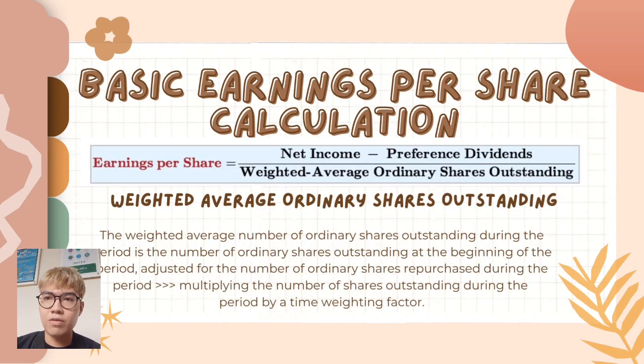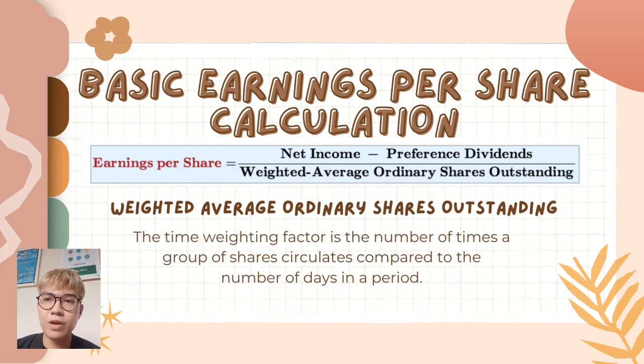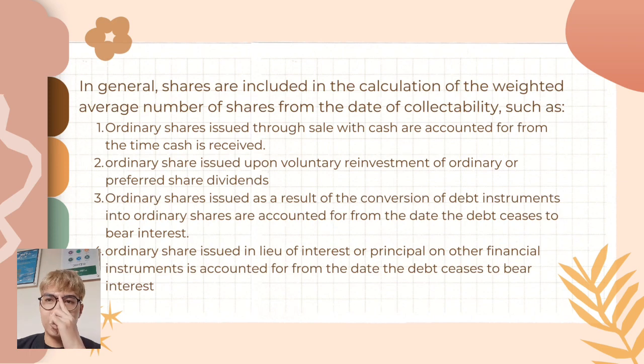The next one is weighted average ordinary shares outstanding. The weighted average number of ordinary shares outstanding during the period is the number of ordinary shares outstanding at the beginning of the period, adjusted for the number of ordinary shares repurchased during the period, multiplying the number of shares outstanding by a time weighting factor. The time weighting factor is the number of days a group of shares is outstanding compared to the number of days in the period. In general, shares are included in the calculation of the weighted average number of shares from